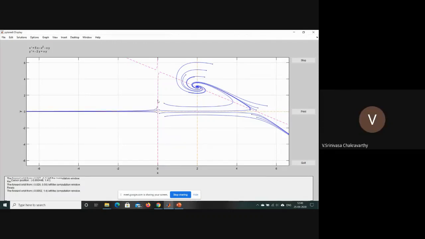Here you will find that for some points it will move leftwards, some points it will move rightwards. So you see a boundary, right? Around the saddle node you can see a boundary. Some will move to the right also, if you just step slightly to the right of that vertical line. So you see that there is a vertical boundary.